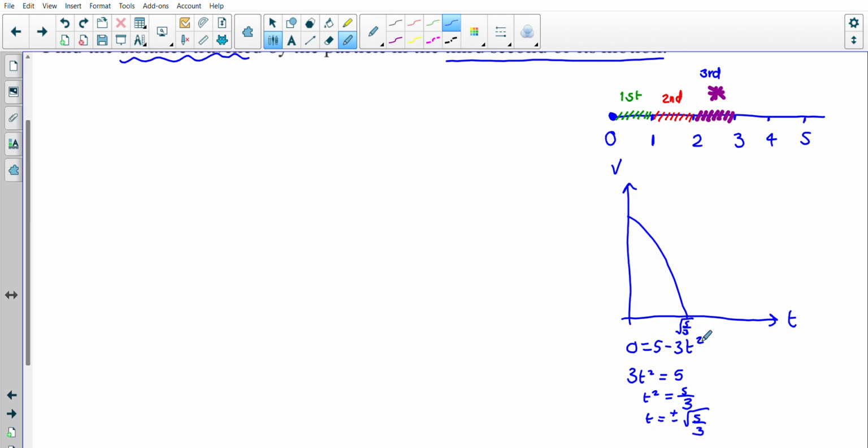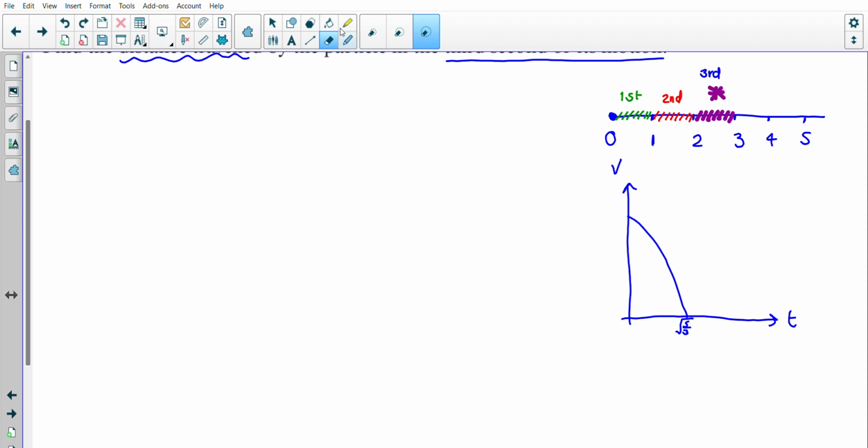Okay, so in its third second of motion, it's actually going to be part of the graph that's underneath here. So if I carry on it down like a quadratic, the rest would come down here. If this is 1.29, 2 could be like there, and 3 could be like there. So if I carry on that down a little bit,